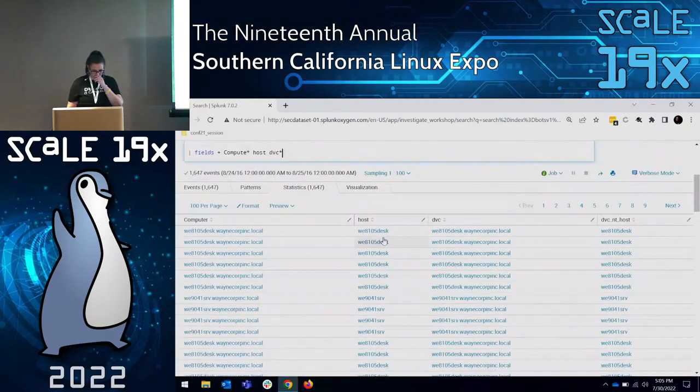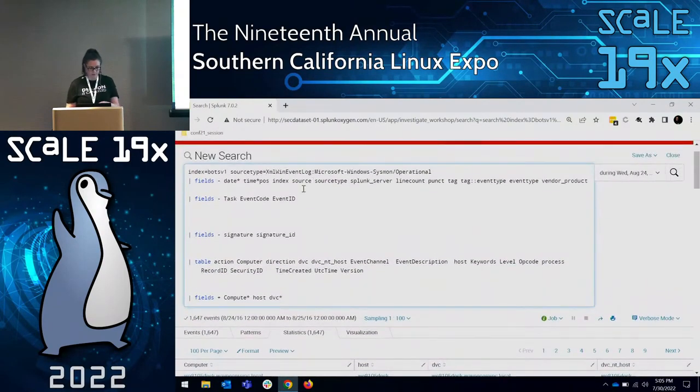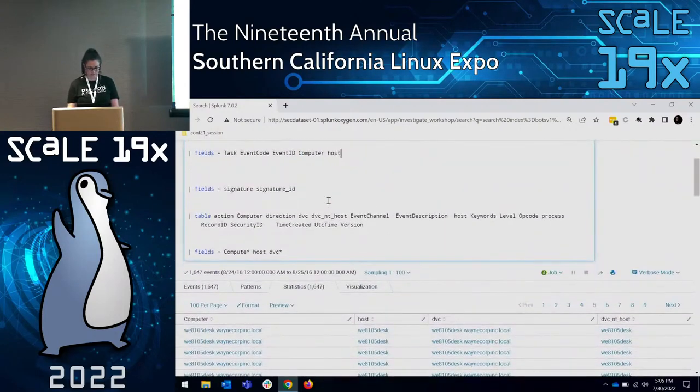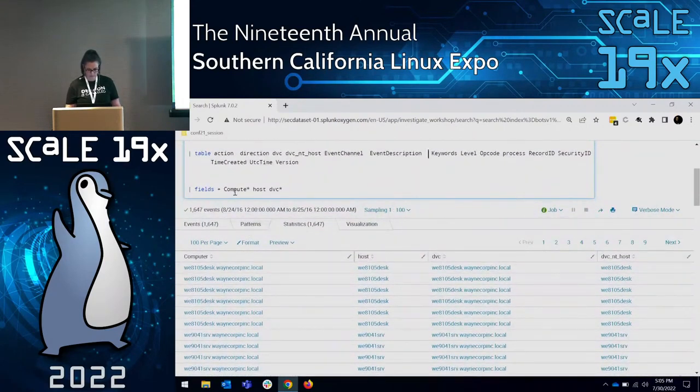But we're going to get rid of computer and get rid of host. And I'm going to put them up here, because they're not Splunk trash, which is right here. This is kind of just extra event duplicate trash. Computer, host. Okay, so then